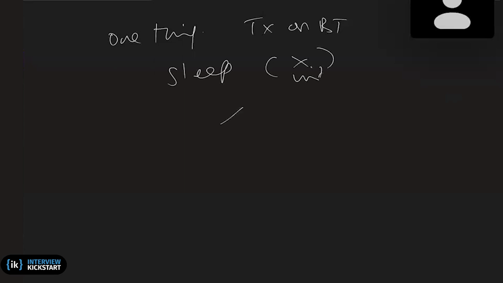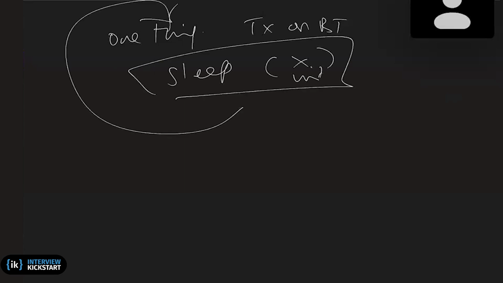So there are two scenarios. Say you do one thing, like transmit on Bluetooth and then sleep for whatever X interval, and then repeat. In this case, it is sleeping. There is no event happening here except the Bluetooth event, which will happen whenever that event happens. It will wake up and do that. In that case, there is no